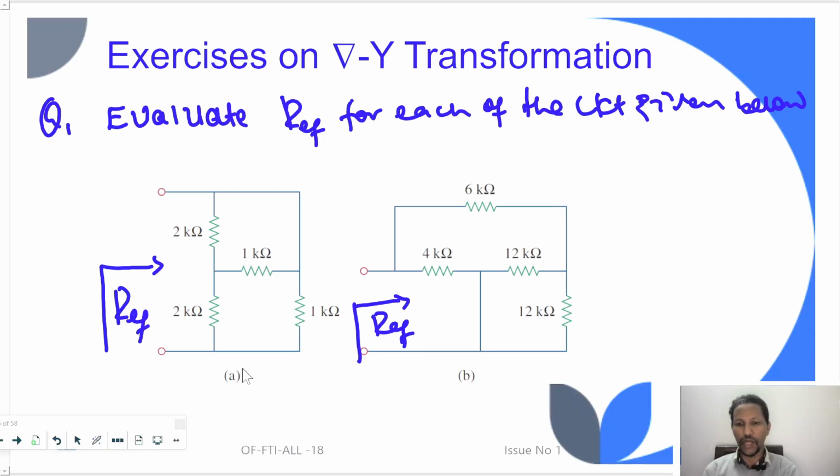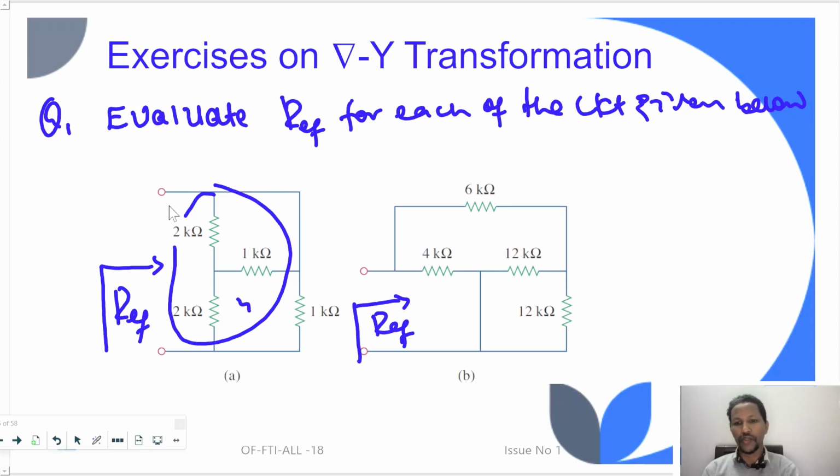For part A, some of the resistors are connected in delta, or some are connected in Y. So somebody may use this section to convert into a Y network, or somebody may use this section to convert into a delta network, or simply we can obtain the equivalent resistance without using the delta Y transformation,